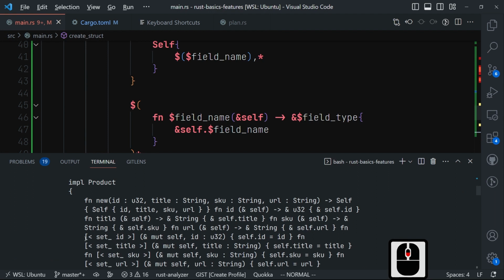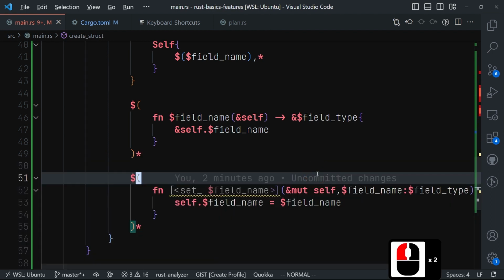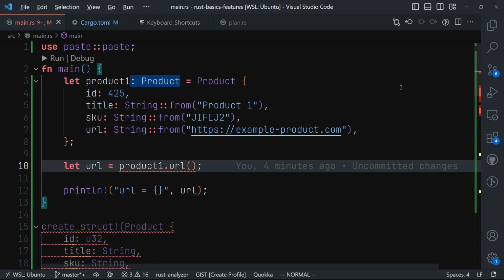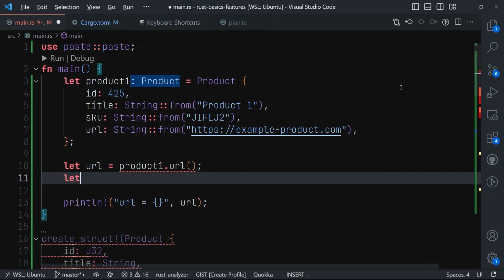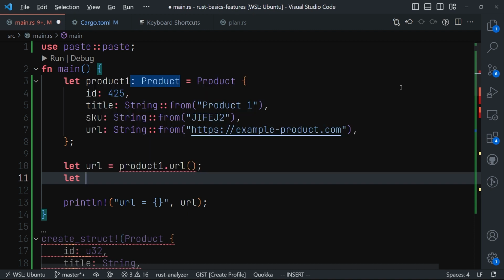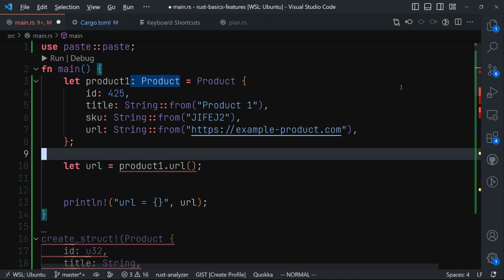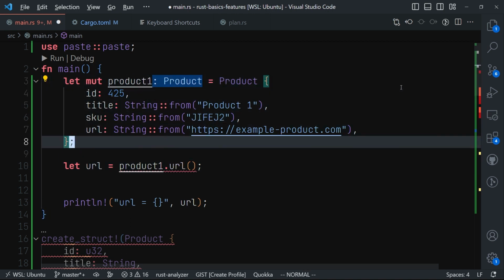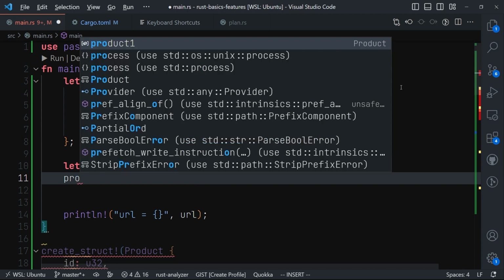Down here we see that this is exactly what we got. Let's see if it's going to work. And then up here, let's try to set the URL again. You can just access this product. Let's make it mutable, and then we say product1 dot